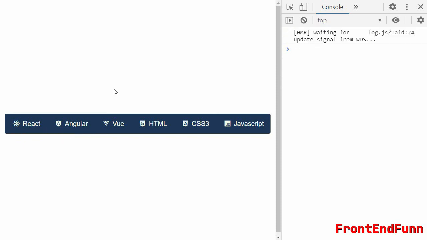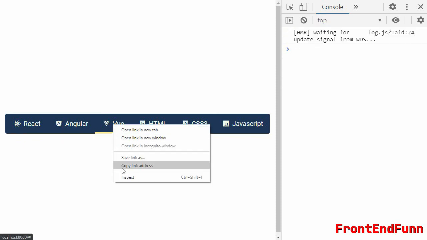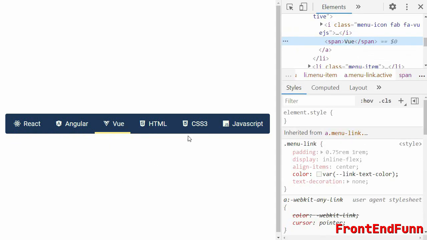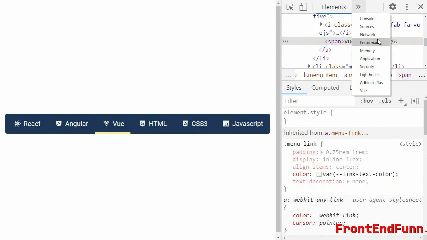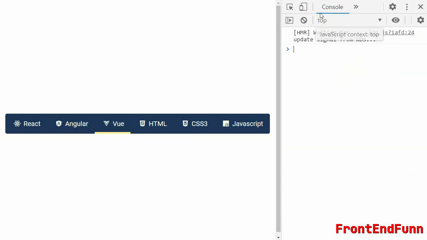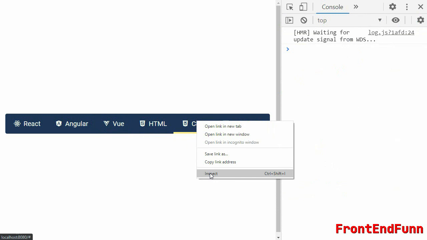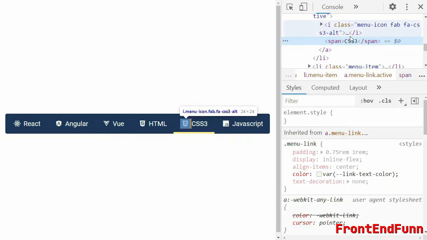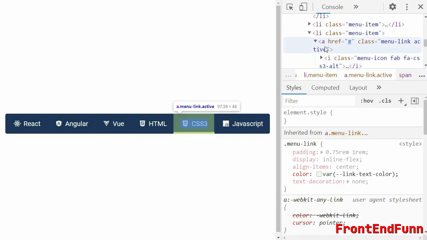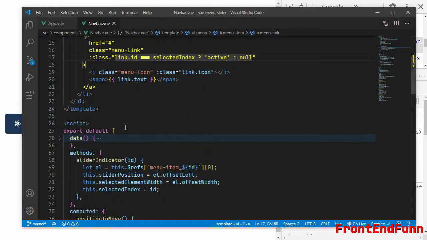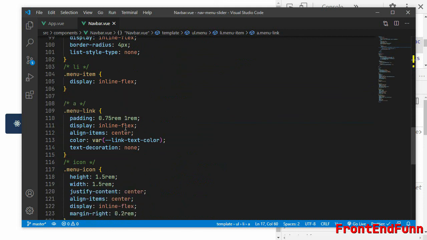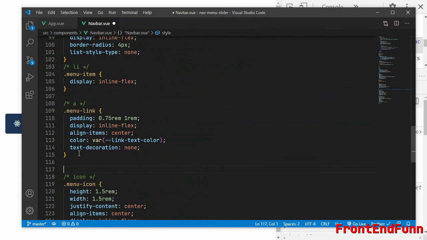Okay, so let me refresh and check here. Okay, the active class is available, but I forgot to write the styles. I forgot to write the active class.